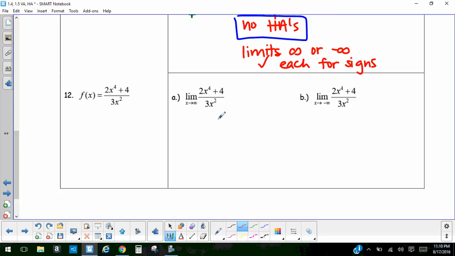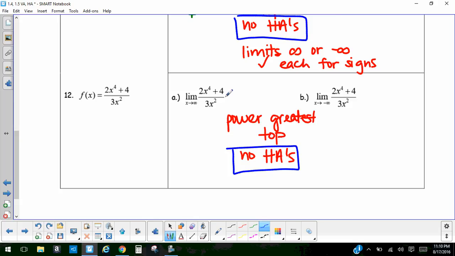Okay, doing good. I have to analyze the power. And so power greatest, in this case, on top again. And I made us do one on top again, so no HAs. We already established that. But we're going to think through the signs to decide whether it's going to be infinity or negative infinity. And what I changed on this example is that on the bottom, I now have a squared